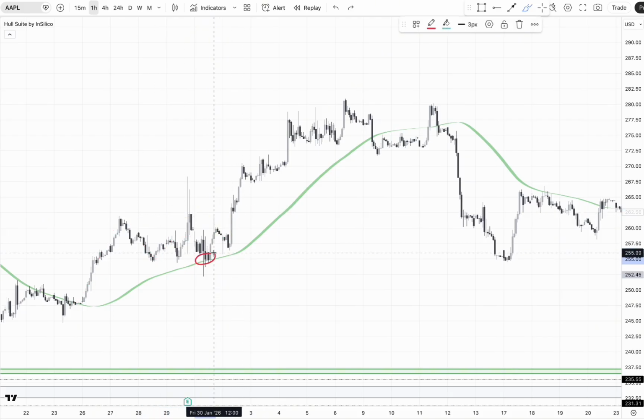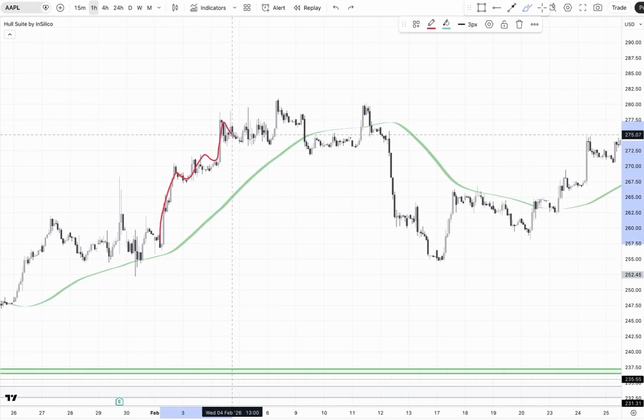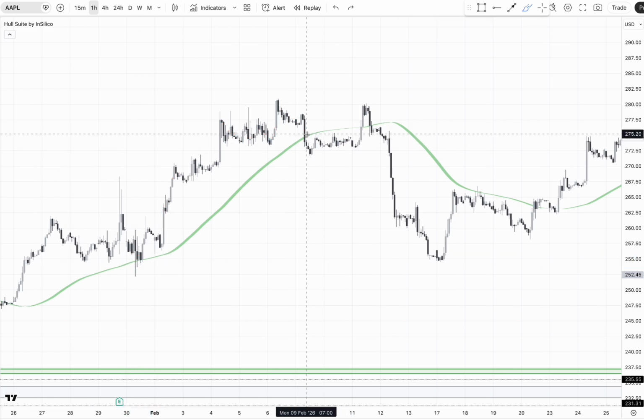I would recommend making sure that there is also confluence from other factors such as support from the candlestick chart, or maybe you can put on the volume profile and see if there is a high volume node supporting this right here. You can also use VWAP, and then while the price is above the Hull moving average, I do not usually use the second touch as a signal for the trade, because in my experience, one touch usually provides a good bounce area. The second touch, more often than not, it results in a failure